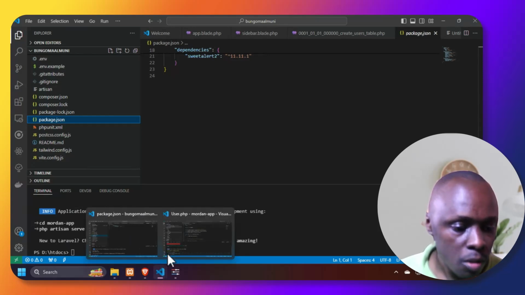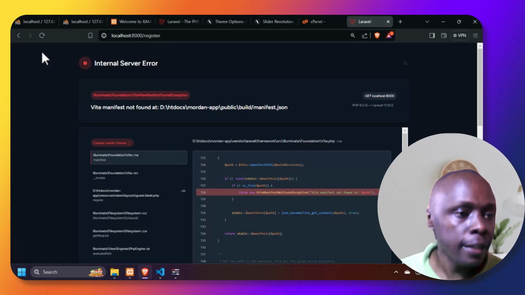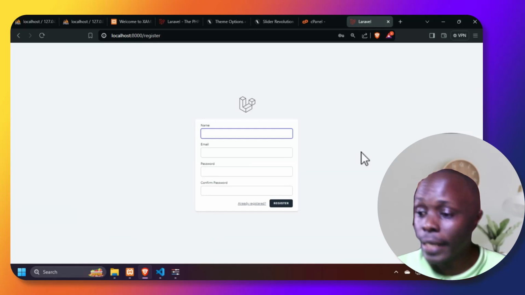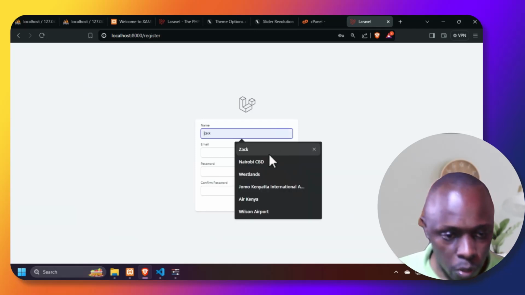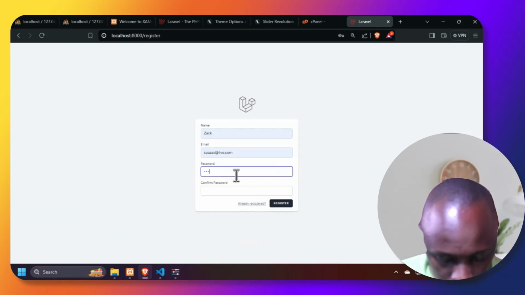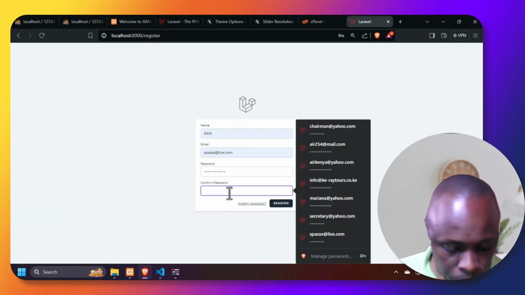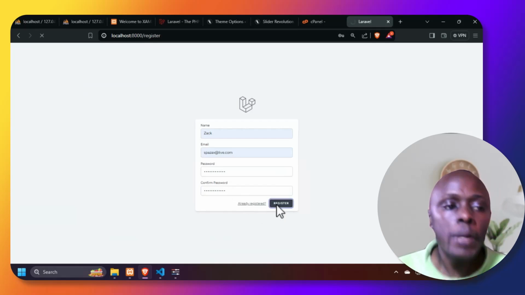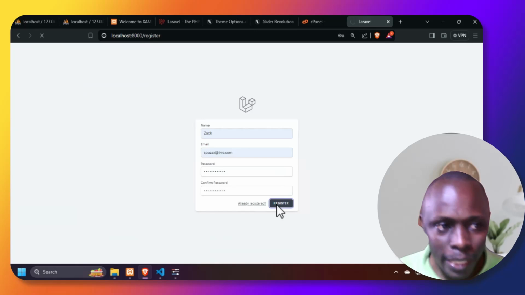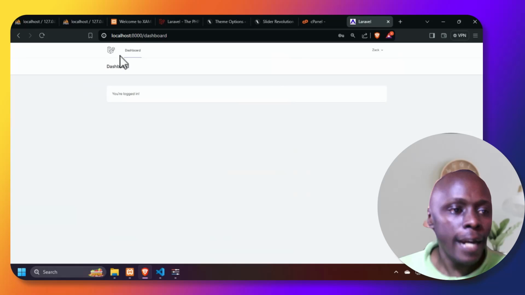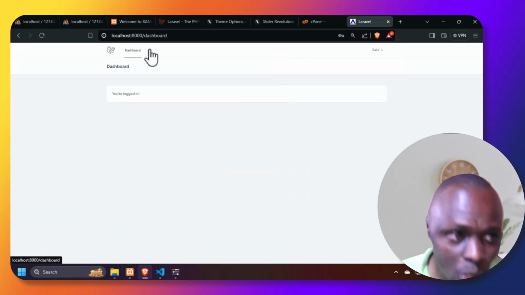So let's go back to our application here, and then you're just going to reload it. Okay, so basically it has reloaded. We are going to create the first user. We're just going to give him the name Zach, and then an email, and then a password. So as you can see, your first Laravel application has been created. You have been logged into a dashboard of your application, and now you can